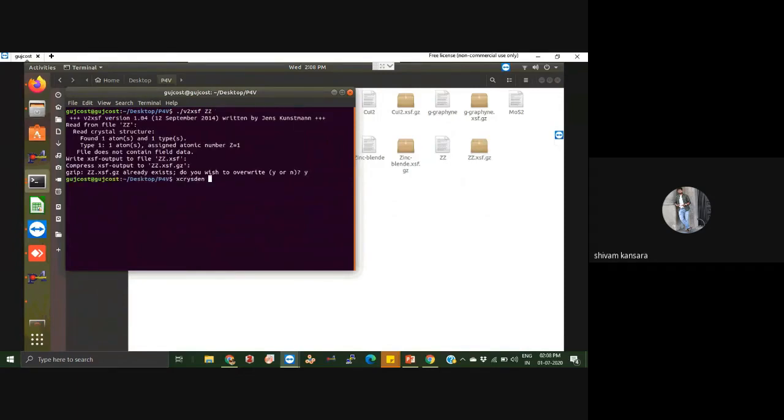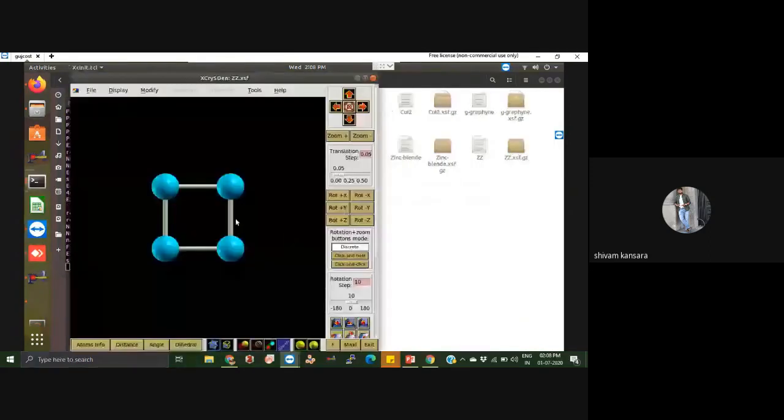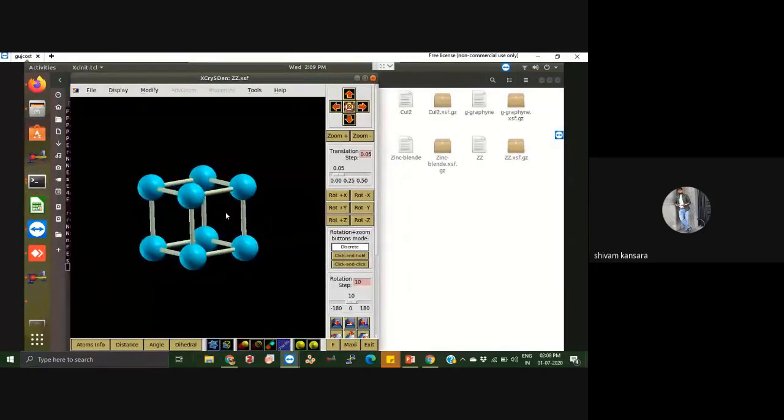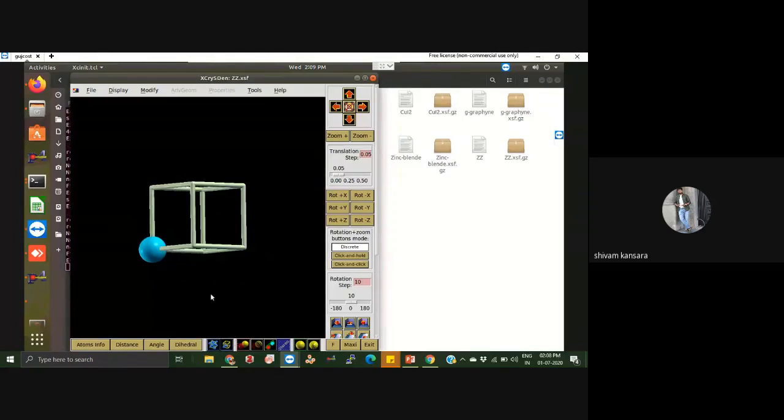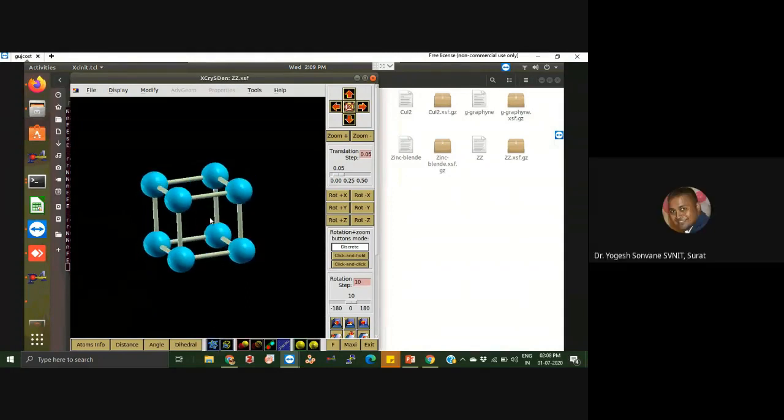Again, XCrystal, P4VASP, XSF and JZ. So yes, you can see this. This is a simple cubic structure where we have taken only a single atom. This is the primitive cell, only a single atom. But the supercell is like,